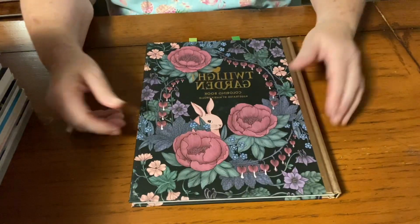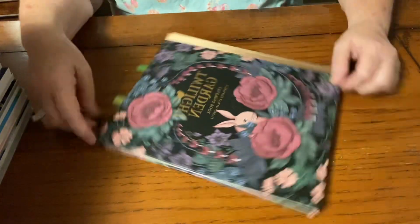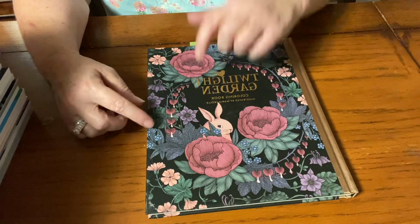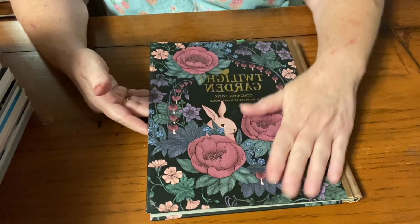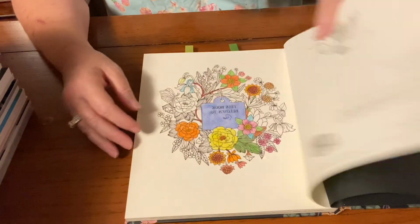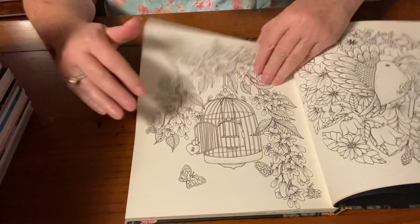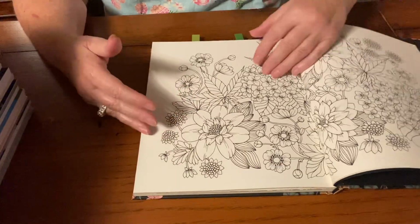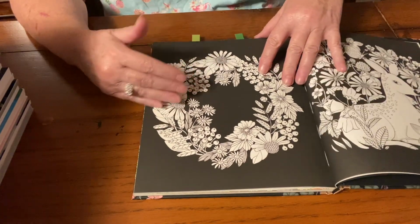This was one that I was coloring from the Twilight Garden, illustrated by Maria Trolle. And she has several awesome books. The one thing about her books, I love the hardcover. It's just like a book. But her pages are double-sided. There you have it. See, here's one, and then on the back, there's another one. So you cannot color with markers or you're going to ruin one of your pages. So this is strictly a